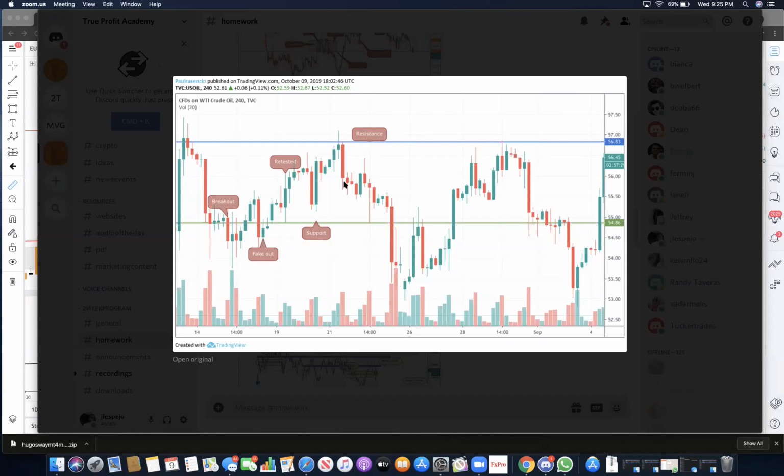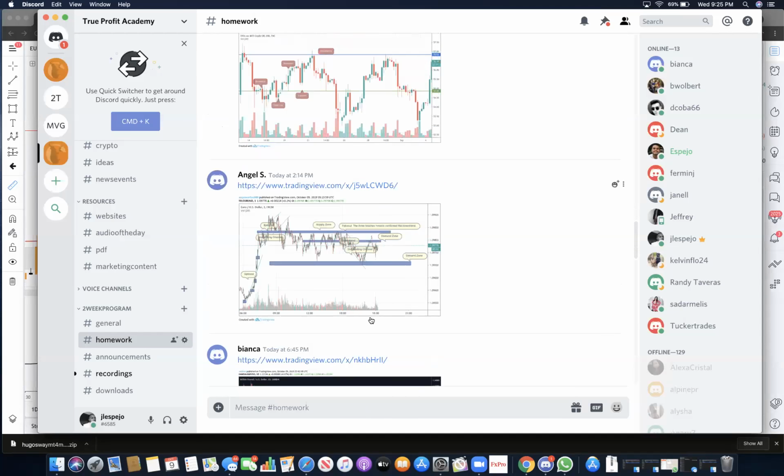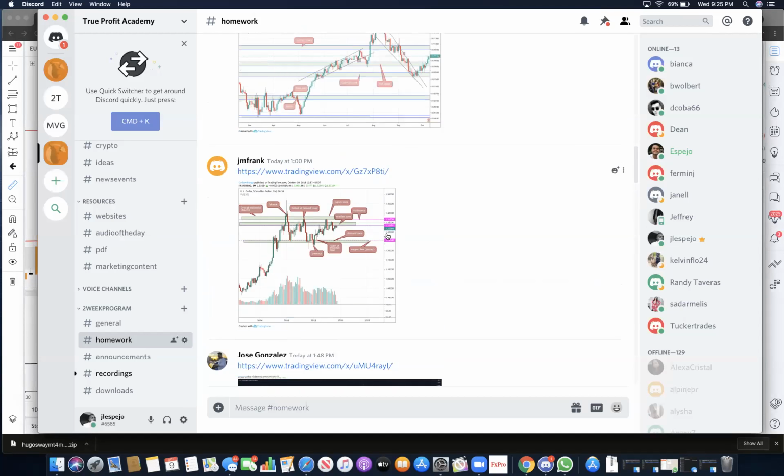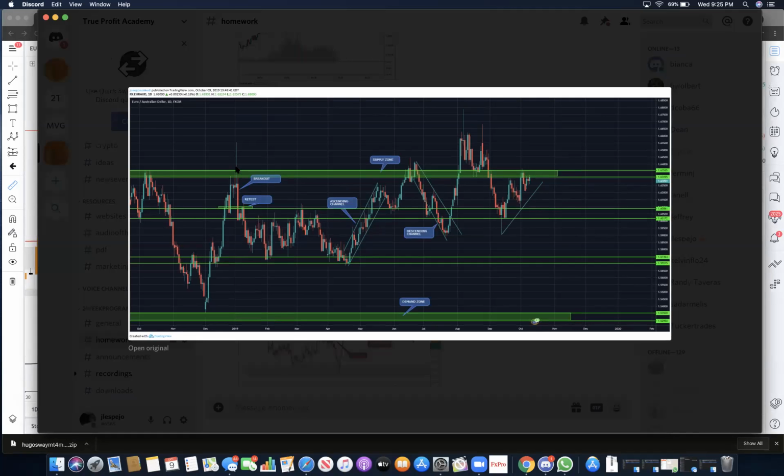Okay. Well, support, breakout, retest. Yep. Good job there. Just look at everyone else's homework. For instance, someone who did a good job on their homework, Jose Gonzalez. You see here, he had his zones: supply zone, demand zone. In between, he had a few other zones. He had the breakout, the retest. Try to model how he did his homework here. Gotcha. But overall, good job, man. All right,